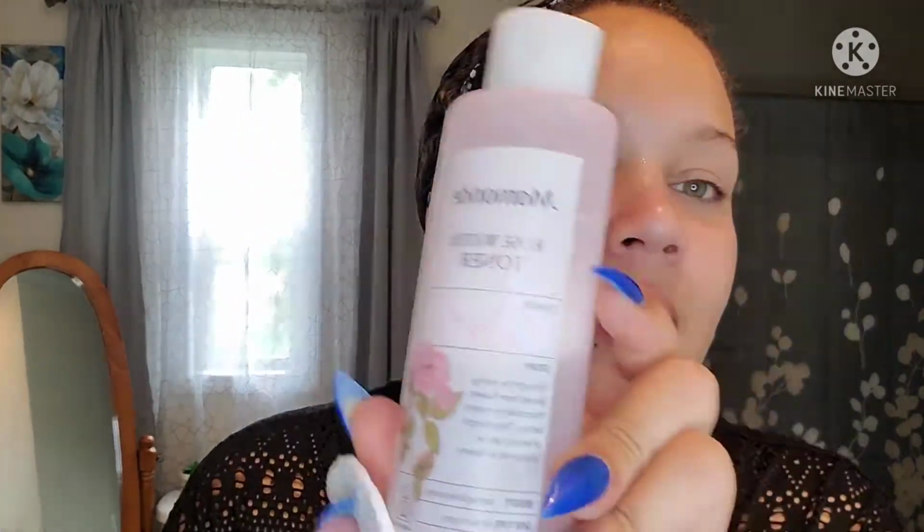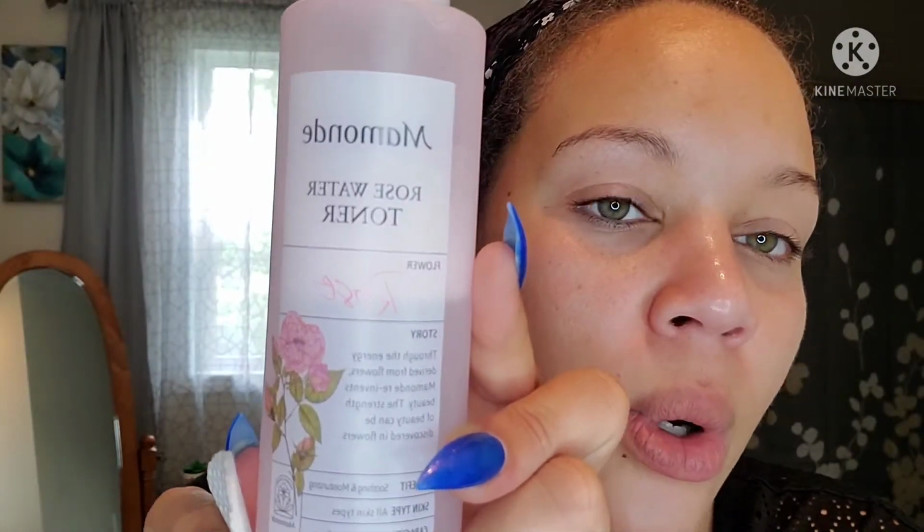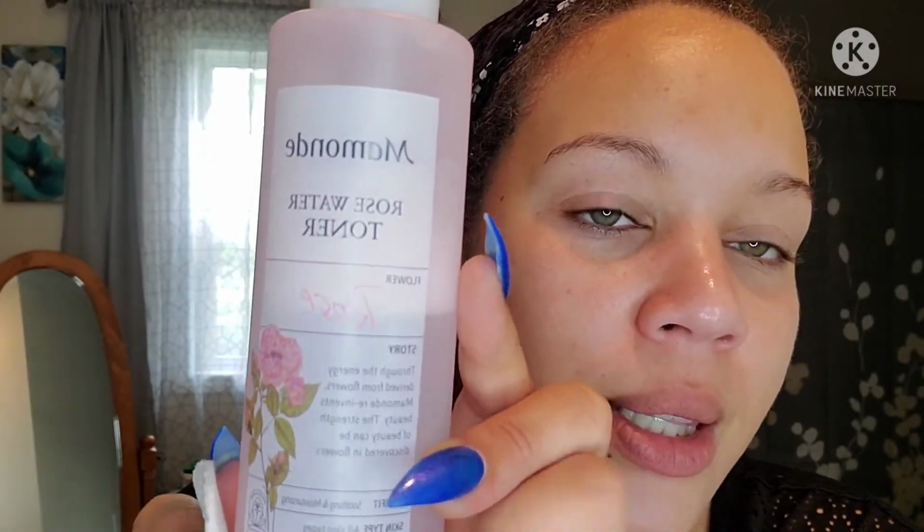All right, we're going to go in with my Rose Water Toner. This is my favorite thing in the world. It's so soothing, it's so hydrating, and it just makes my skin feel so good. Again, this is the Mamonde Rose Water Toner, and this is a hydrating toner. I just get a little cotton round,